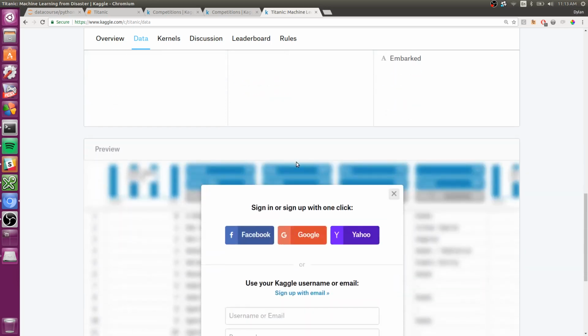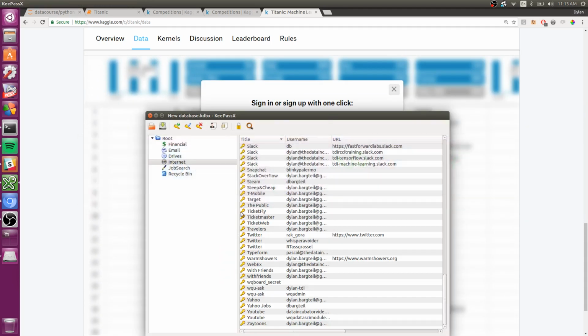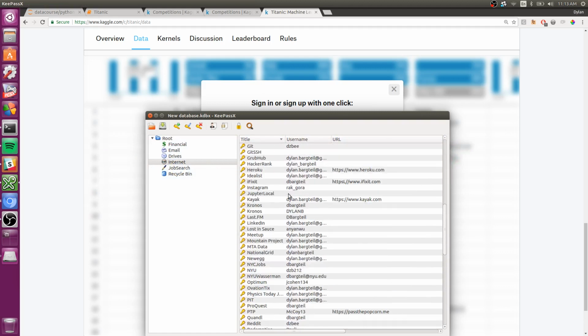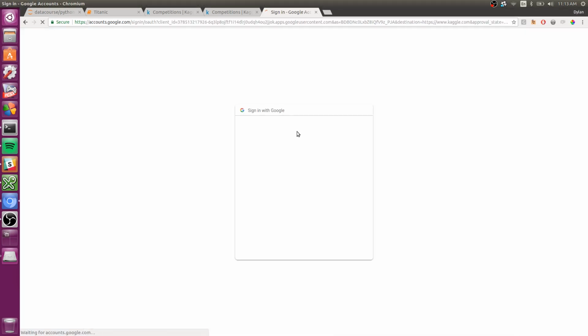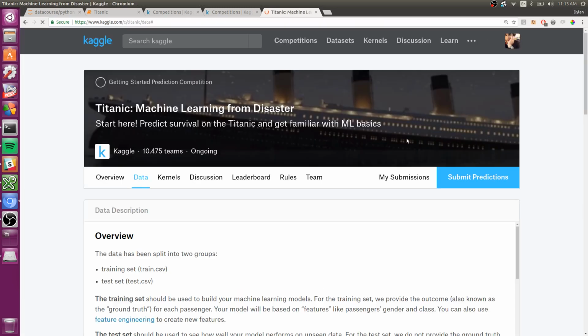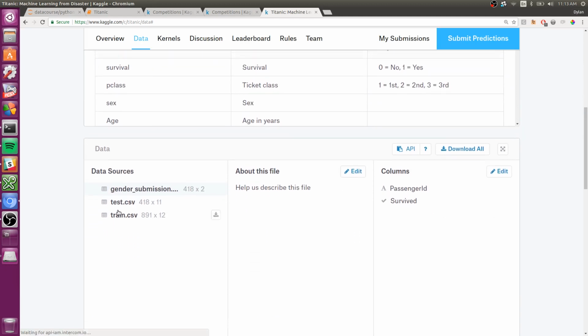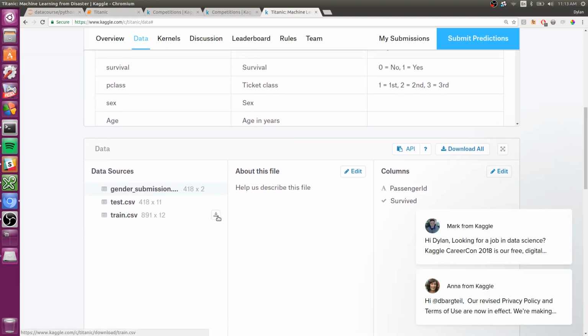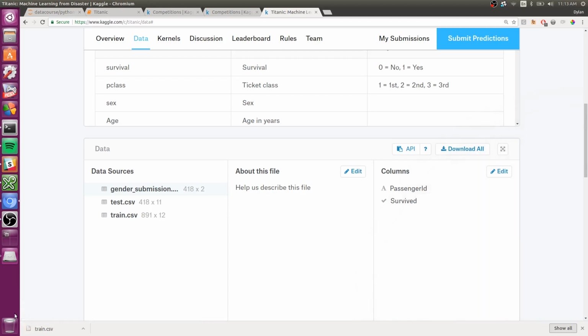Let's see here. I have to sign in in order to do this. So you may need to create an account with Kaggle in order to use their data. But once you've signed in, you should be able to download the training data. So now that's downloaded to my local computer,